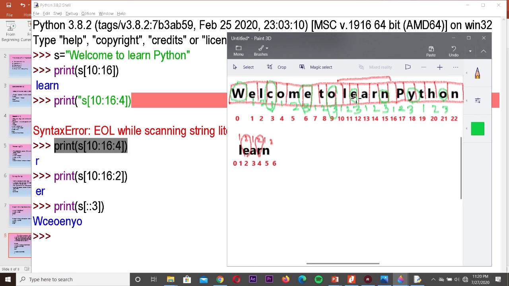E. The space will also be considered. So E, next N, Y, O. This is how it will be displayed. So W, that is, display the first character, then move forward 3 steps. Simply you can write like this, 1 2 3 1 2 3, and write all the third characters. Then you will be getting the output for stride.